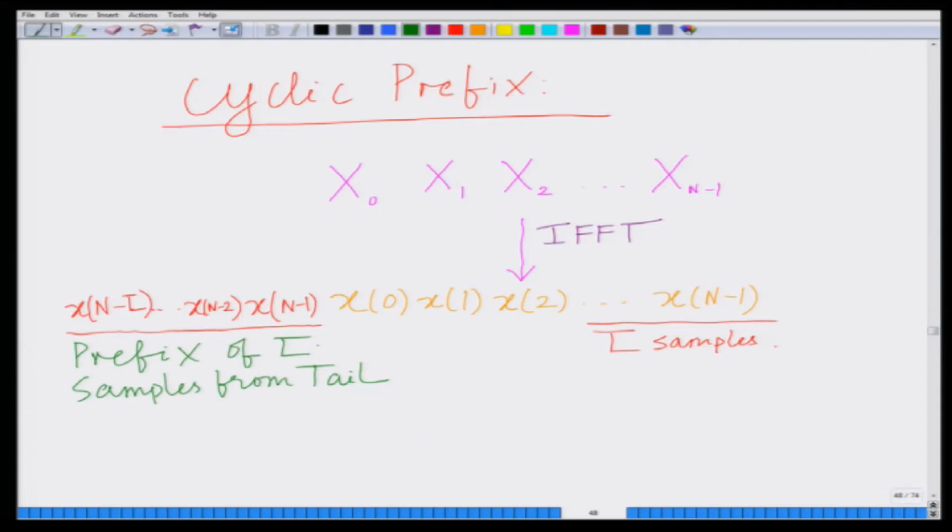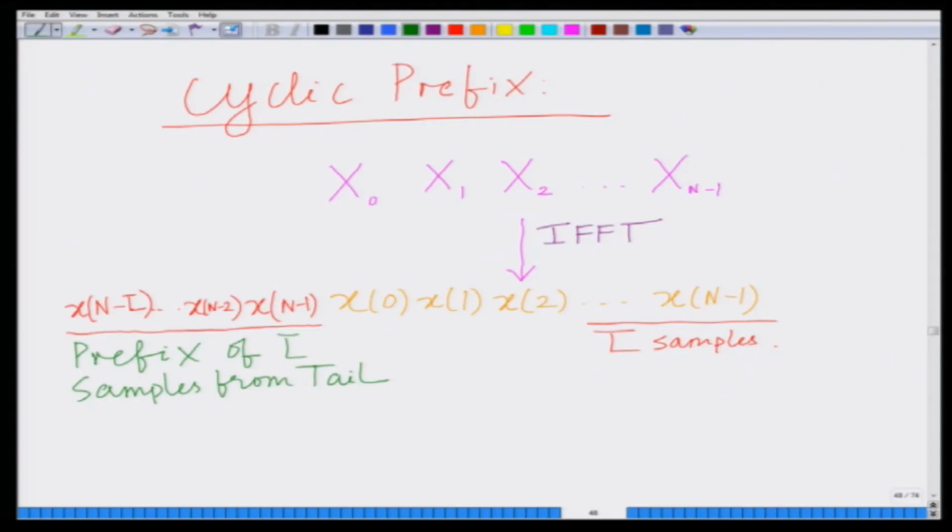So, what am I doing over here? If you look carefully, because this is a key step: I have a block of n OFDM samples that are generated using the IFFT. In these n samples, I am taking the last L bar samples, that is x of n minus 1, x of n minus 2, up to x of n minus L bar, and I am prefixing them to the front of